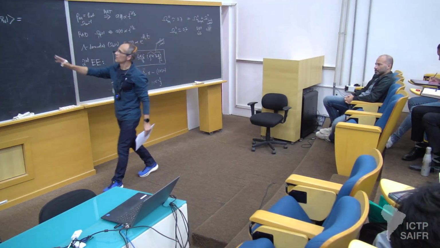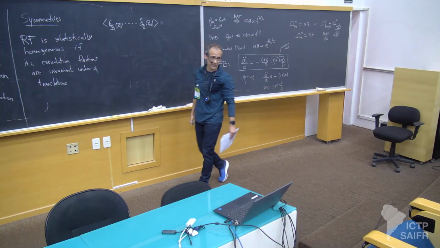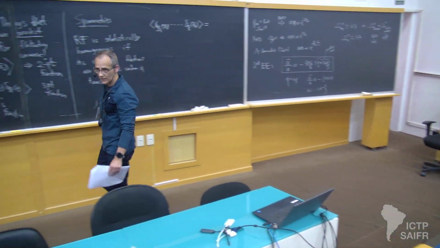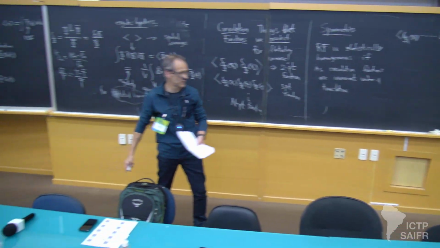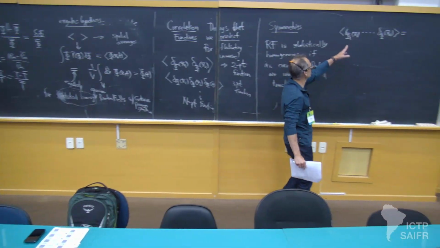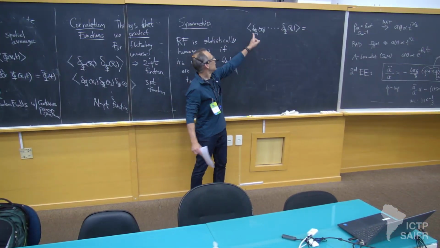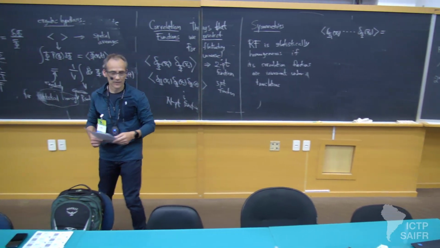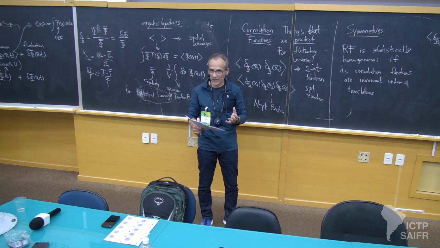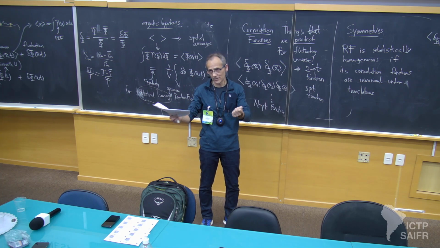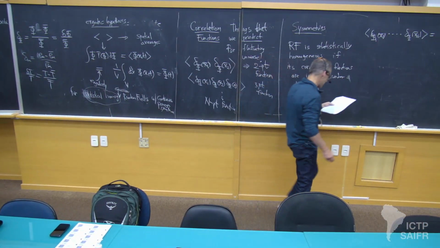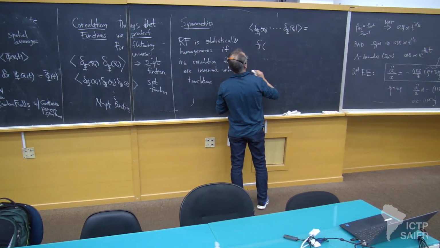If this correlation function now, if the field is statistically homogeneous, means this correlation function is invariant under translations, which means I can shift my coordinates by any amount, and I recalculate this, I get exactly the same answer, okay? So that means it cannot depend on all the coordinates by themselves. It can only depend on the relative coordinates, because I have to cancel a translation, okay? So this means that this has to be a function of relative coordinates.